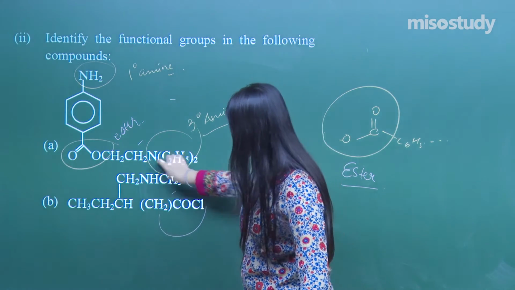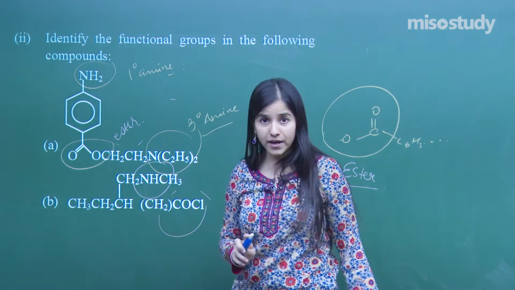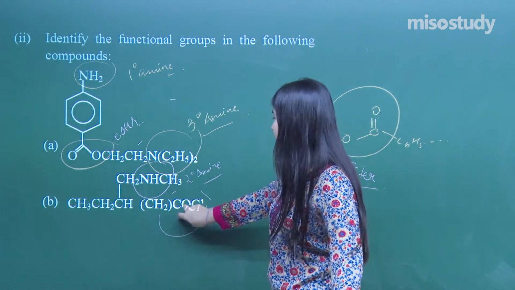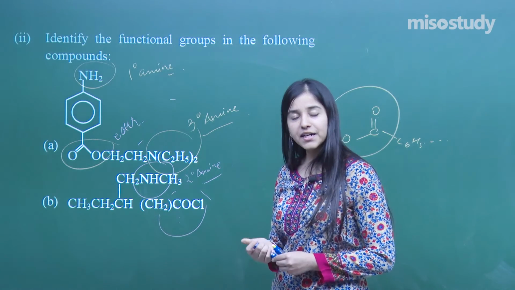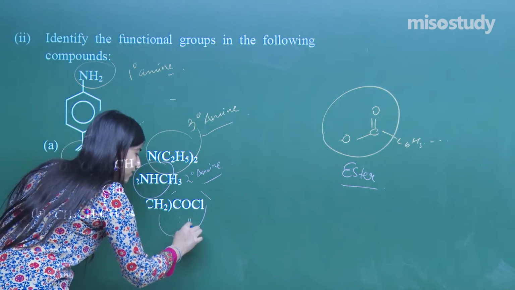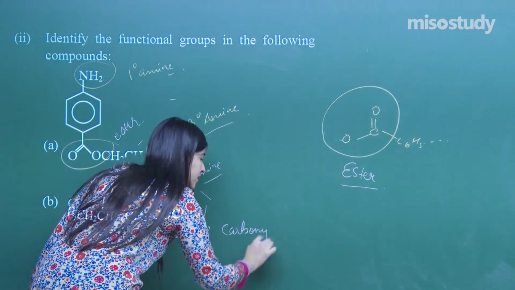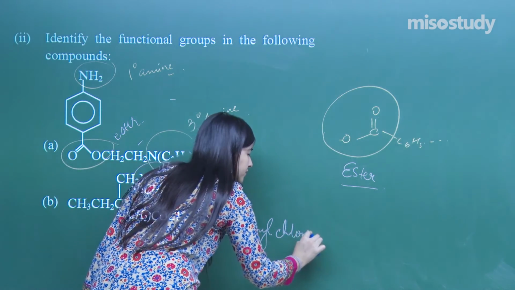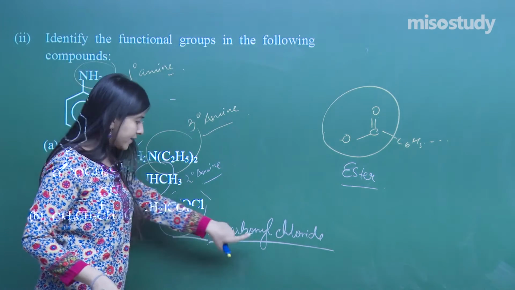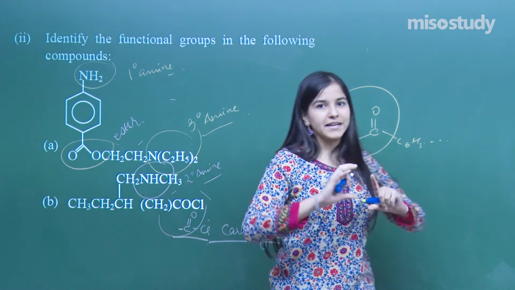The next one, COCl, you can observe. Here is another N. Now, this N is connected with 2 alkyl groups and 1 hydrogen. It's a secondary amine basically. And if I talk about this one, what is this? Carbonyl chloride, right? So it is COCl. If you don't know, just remember that this particular group is known as carbonyl chloride. Clear about it? And that completes the entire questionnaire round.